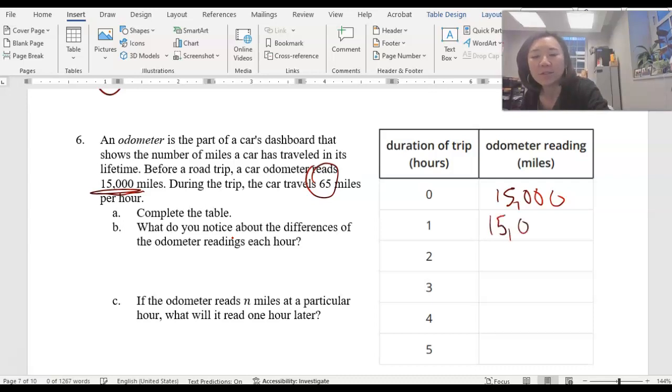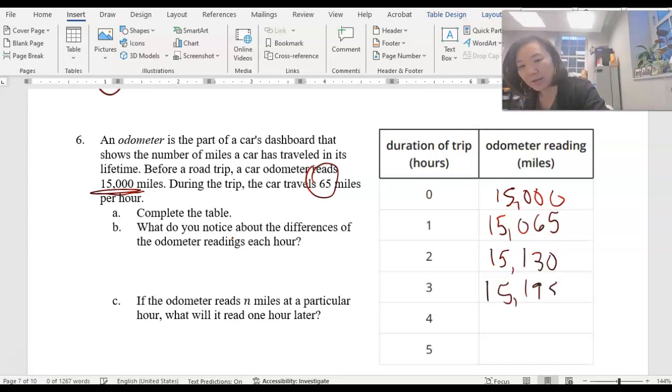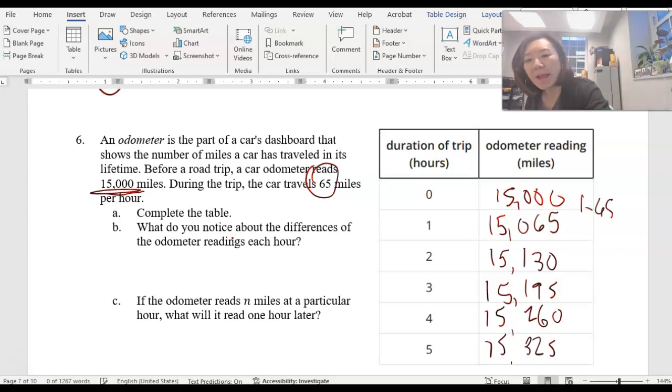So 15,065. After 2 hours, it's going to have traveled another 65 miles. So 15,065 plus 65 gives us 15,130 plus 65, 15,195 plus 65, 15,260 plus 65 is 15,325. So here we are adding 65 miles on our odometer every hour because that's how fast the car is